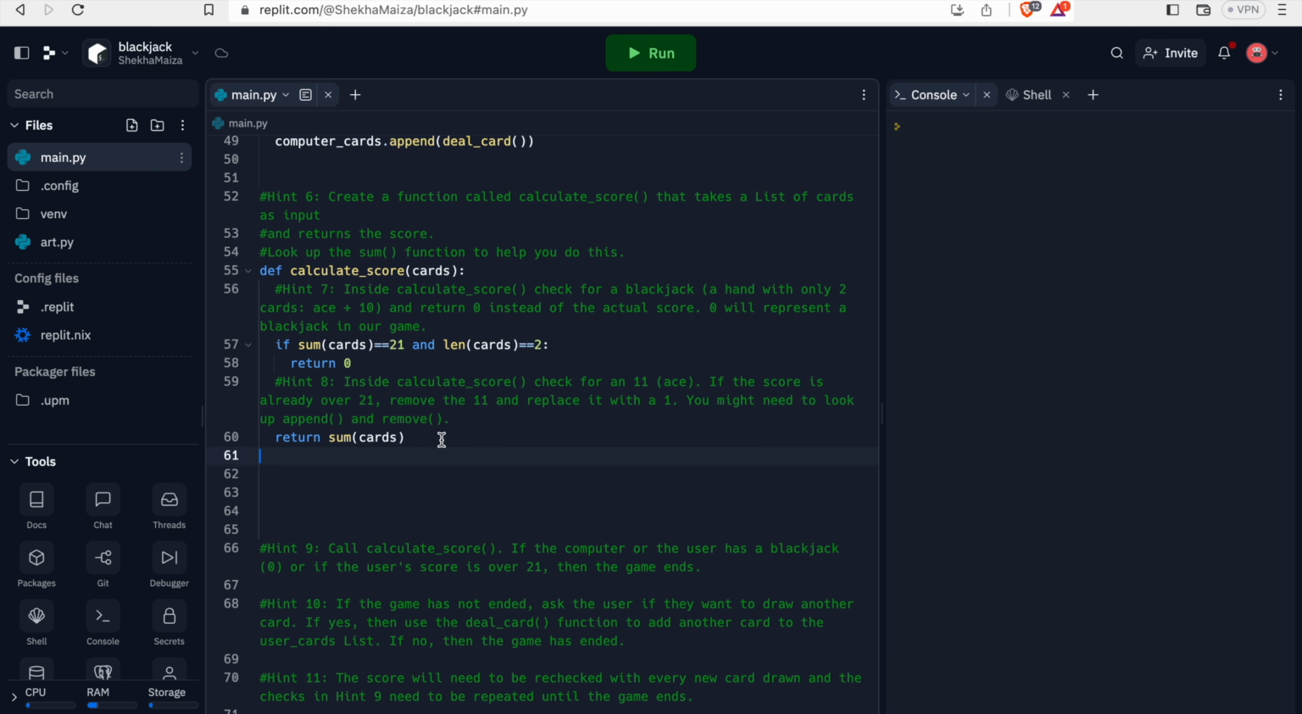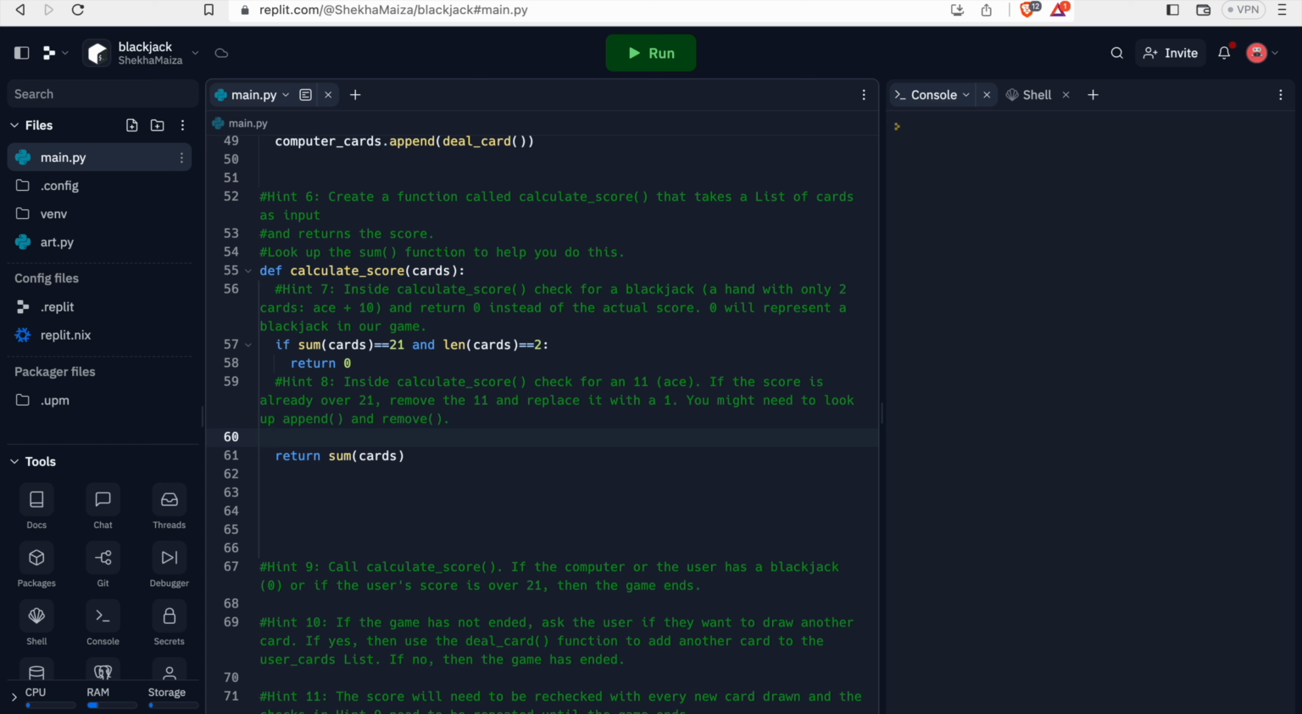And yeah, so here we have to check that if our score is greater than 21, then we have to replace 11 with 1, because an ace represents 11 and 1, right? So we can choose it according to our situation. So here, if 11 in card